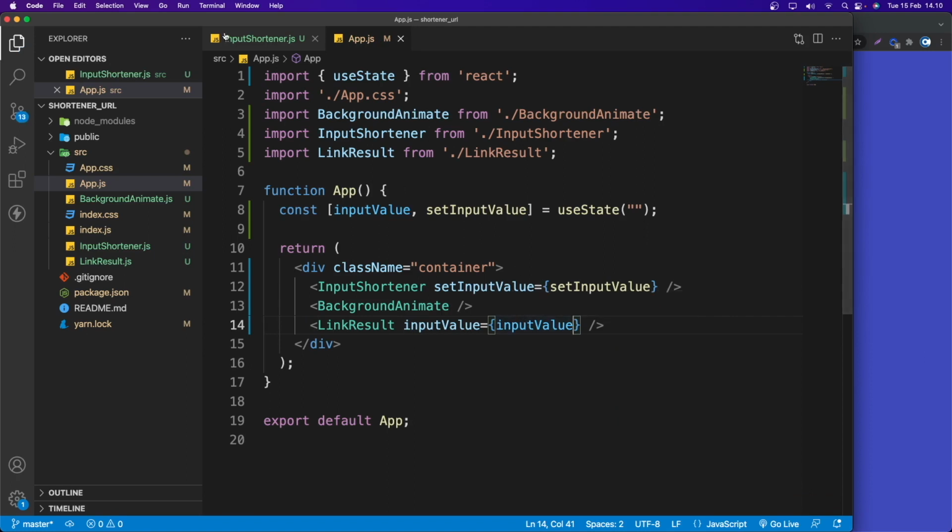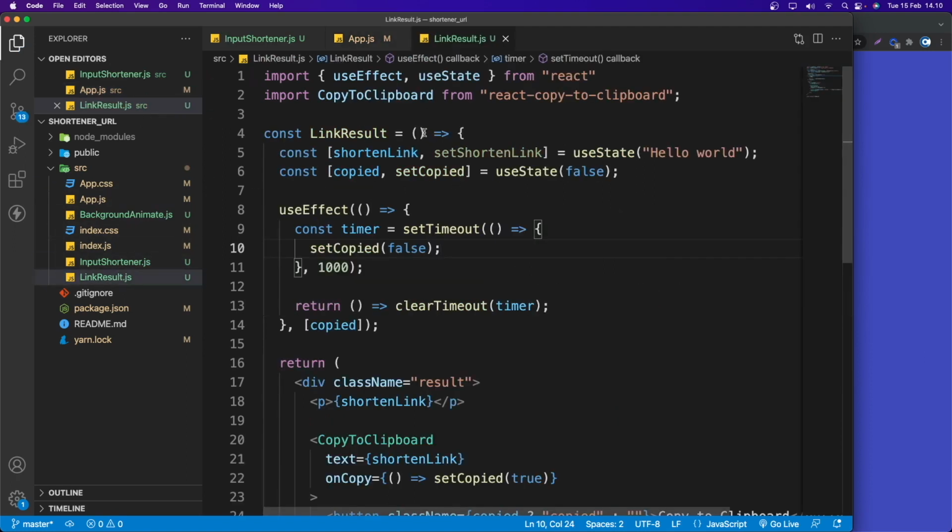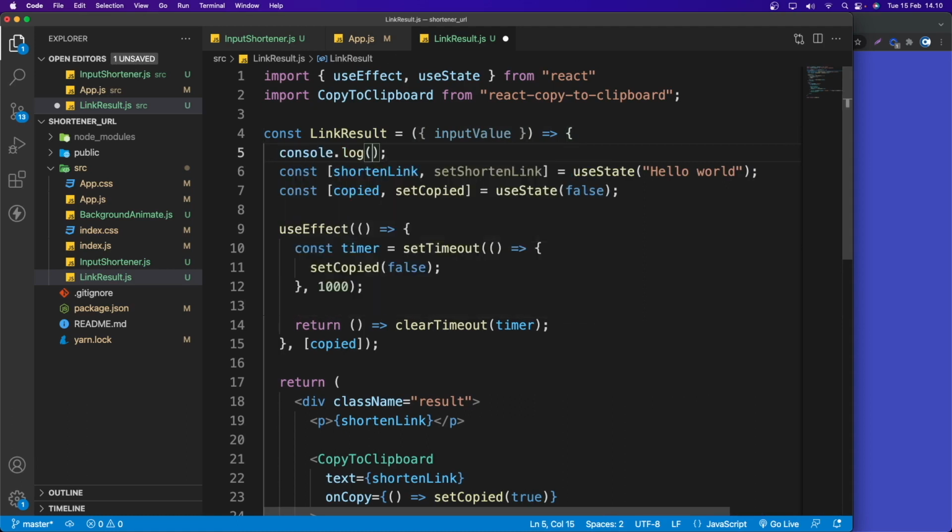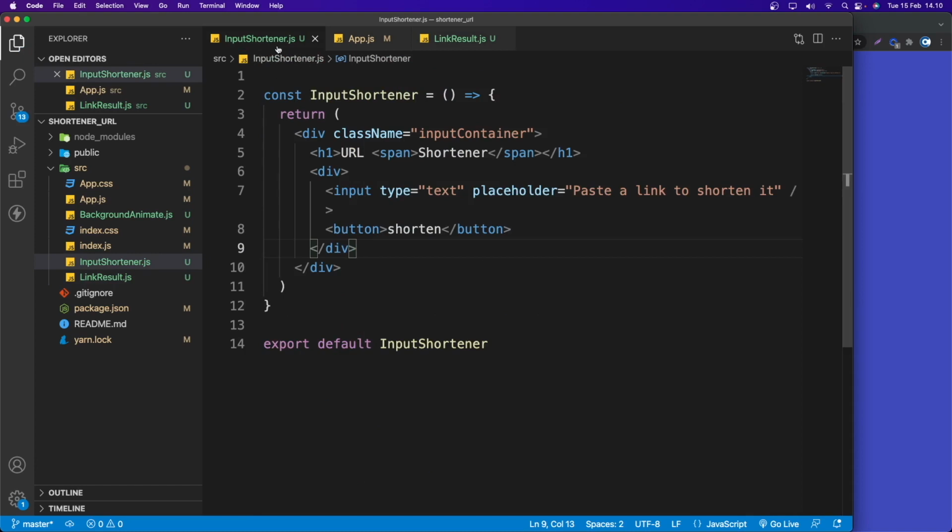So now let's go to link result and we need to grab the input value. Let's say inputValue, and I'm going to basically console.log the input value here. So now in InputShortener we need to grab the setInputValue, right?